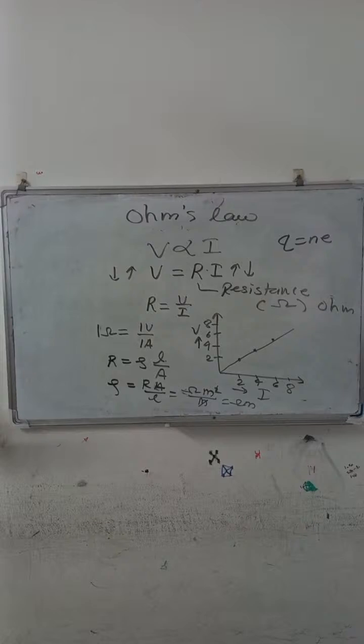Write down the question: Calculate the resistance of 1 kilometer long copper wire of area of cross section 2 into 10 raised to minus 2 centimeter square. The resistivity of copper is